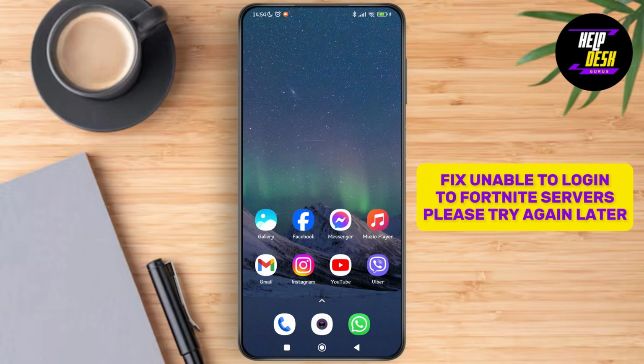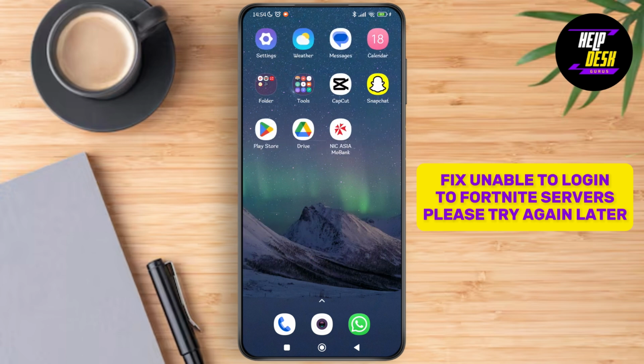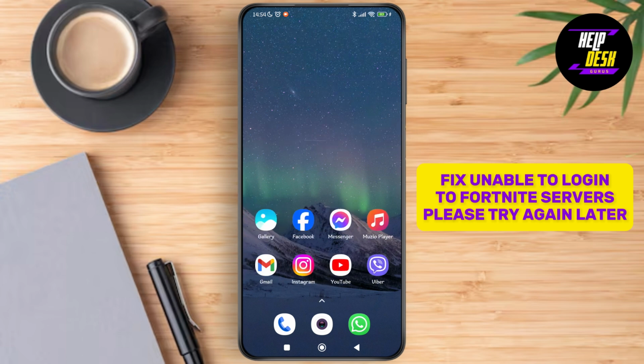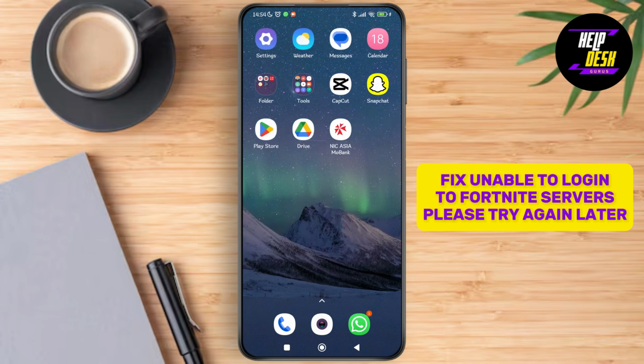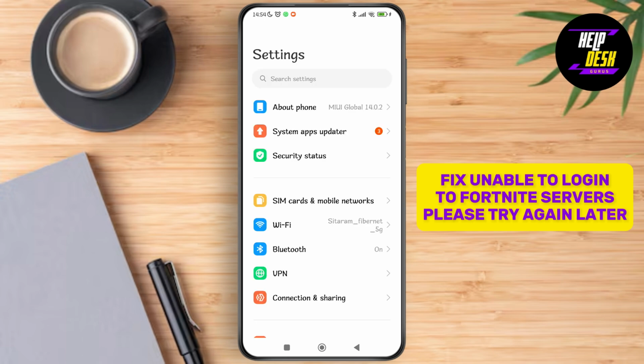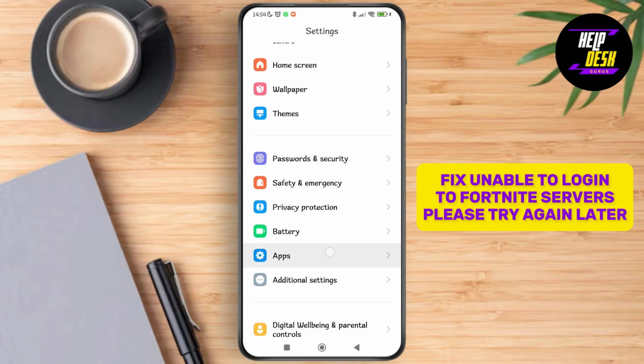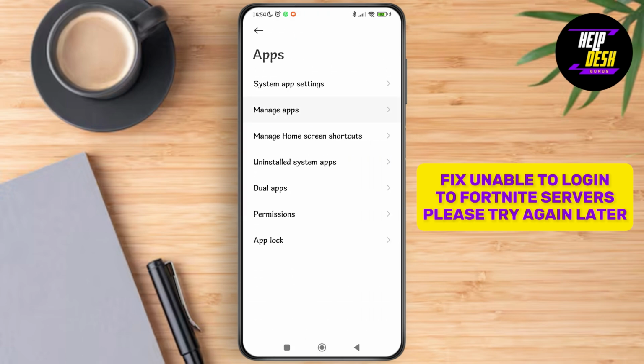So without any delay, let's get started. So first of all, make sure that you have a stable internet connection. Next, what you're going to do is check for any updates available for the Fortnite servers. If not, then you can just go to the settings, then tap on the apps option, then tap on manage